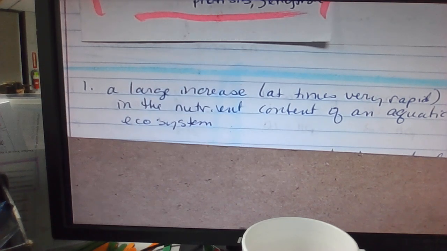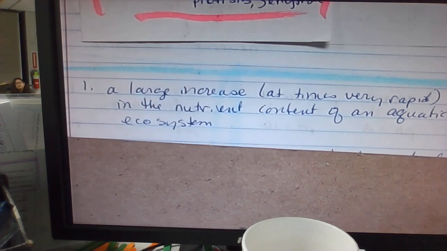So in a natural situation, it may be that there was a flood, a whole bunch of flooding rains, and so it pulled off a bunch of nutrients from one area or another. In a man-made situation, it might be that they're spreading fertilizer, and they spread it too much, and it ends up getting into the aquatic ecosystem that's nearby. It's not necessarily on purpose, but it's fertilizer. And the fertilizer is nutrients for the plants that live on land. Well, the plant-like stuff that's in the aquatic ecosystem is going to use it in the exact same way. So if we have tons of